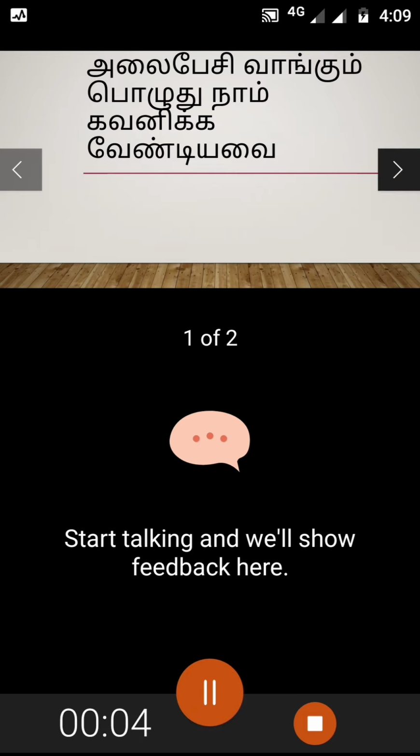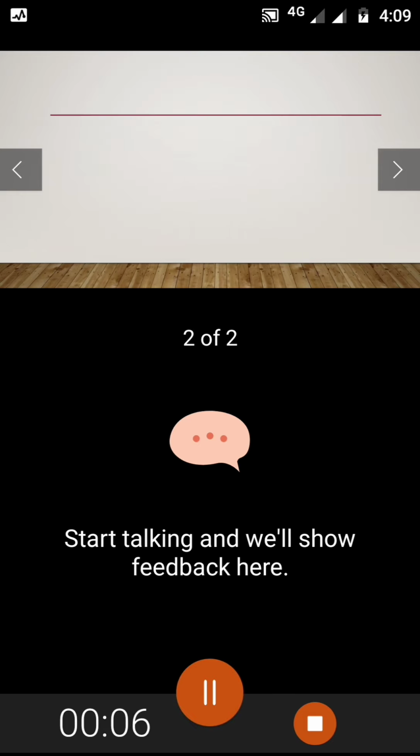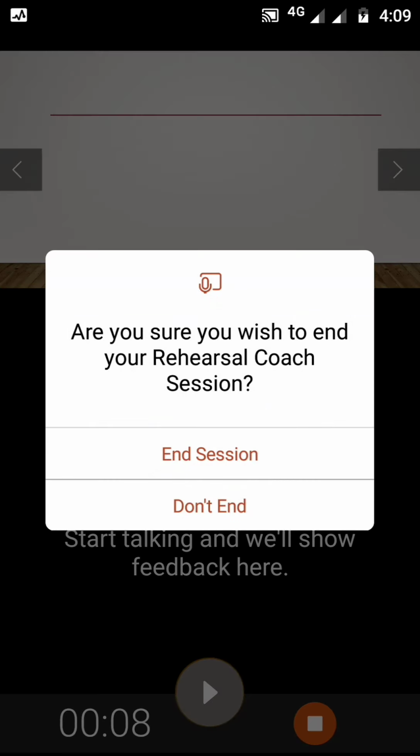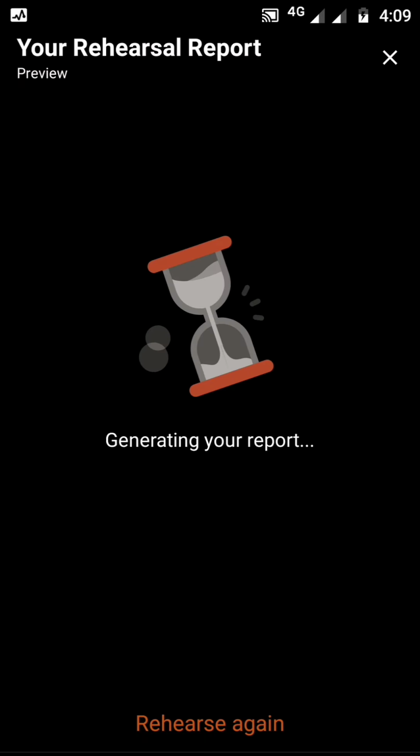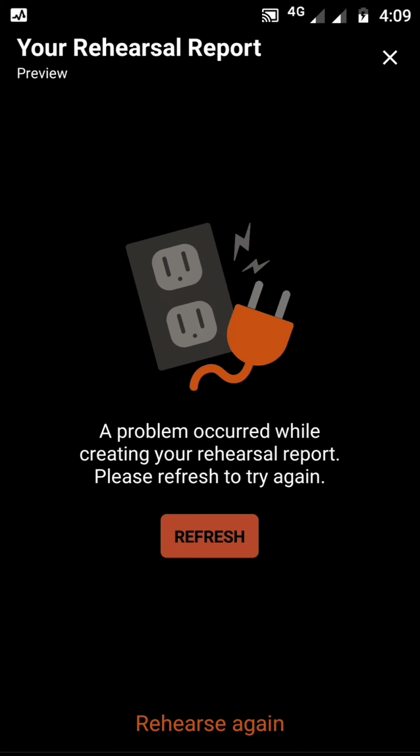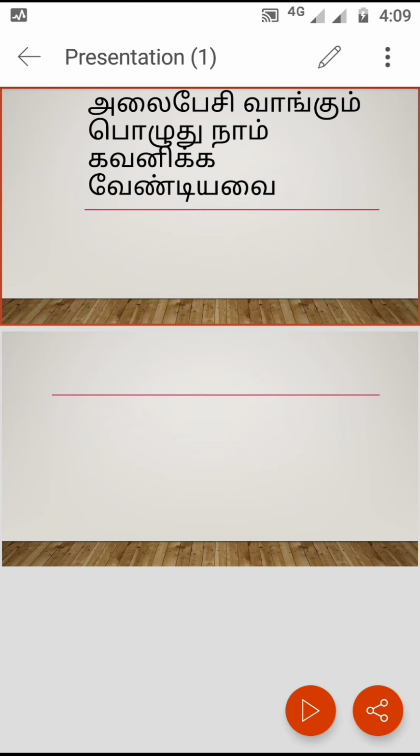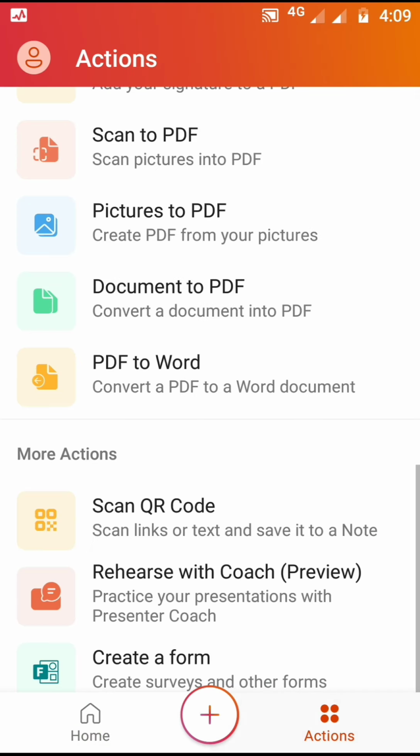So the time is going like that. We can change the slide, then we can pause or stop, end session. So by this we can do time management and also get away from stage fear.